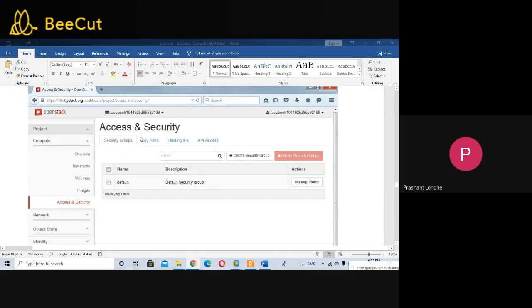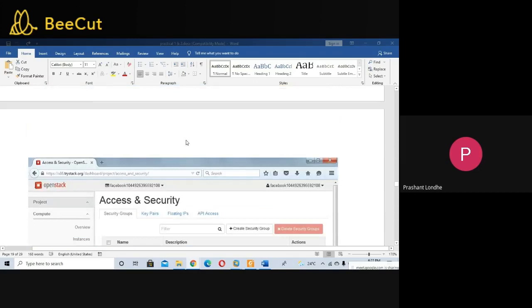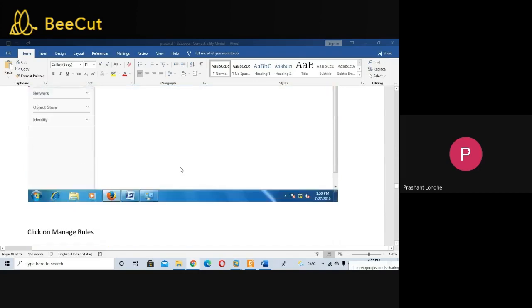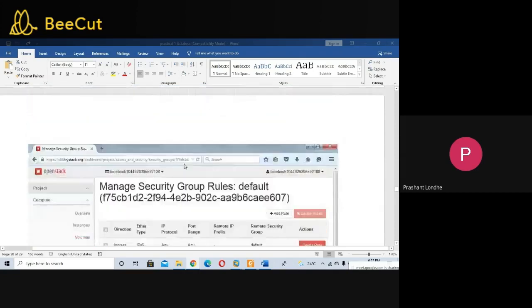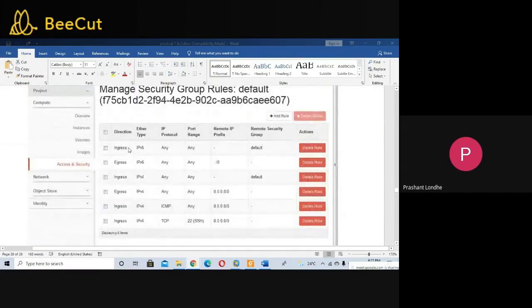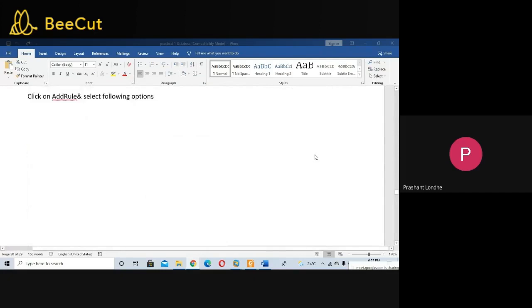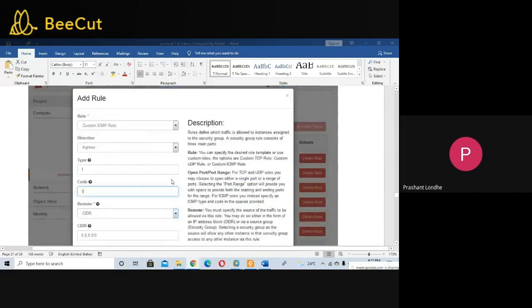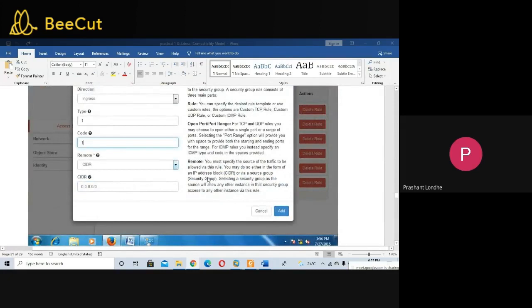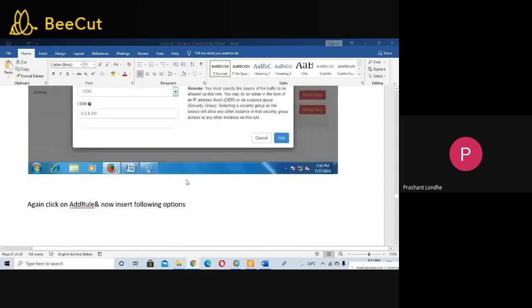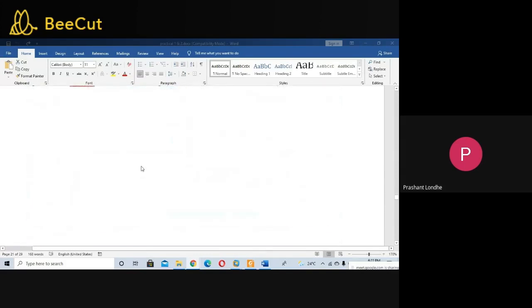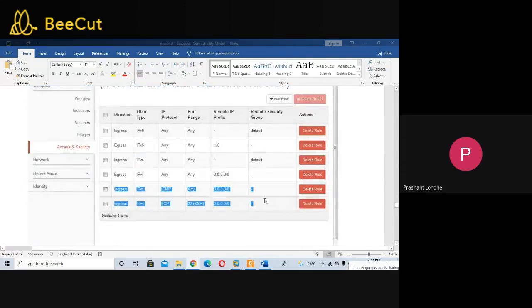Okay, I've done this about access and security. You can generate many access security key pairs for accessing purposes. Now you can define the rules. See here, there are several ingress and egress rules, and you can define your IP protocols, the port range, and the remote IP prefixes, and if you want to remove rules, you can remove them. You can add rules also like this. You just need to add the CIDR address. We have just added 2 rules here, and they will be displayed here.